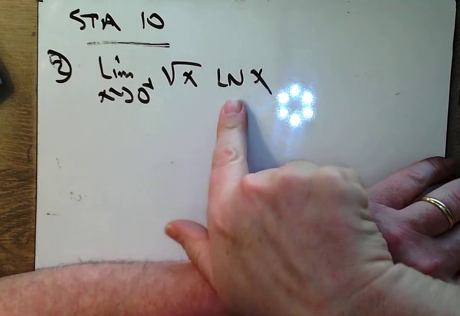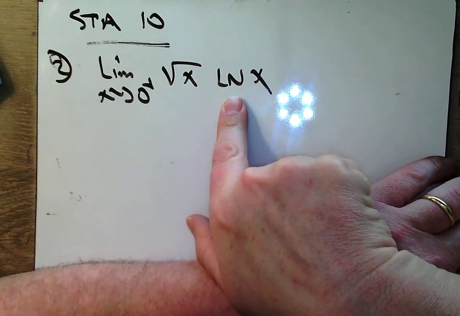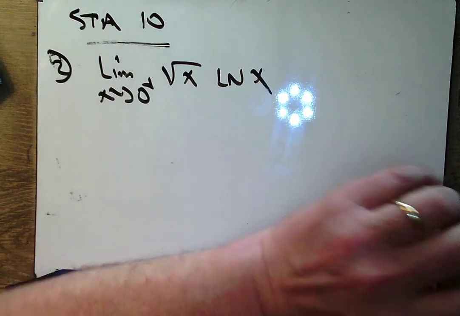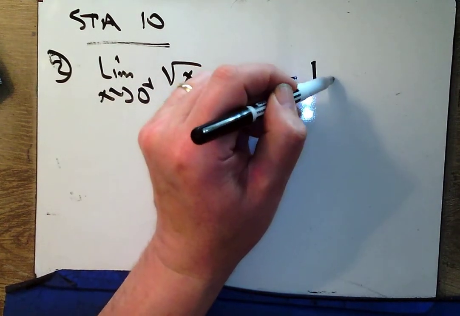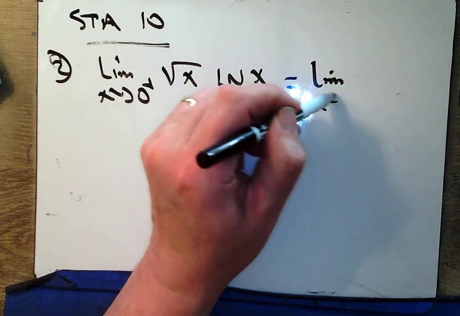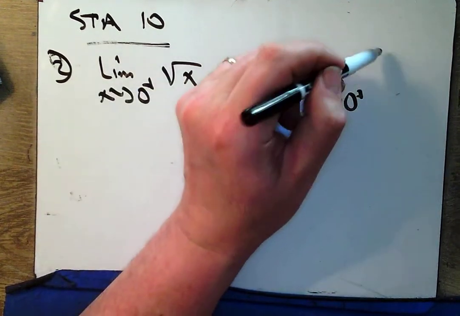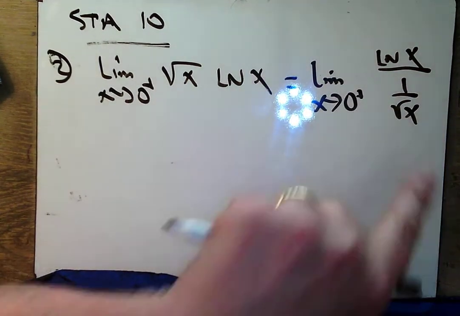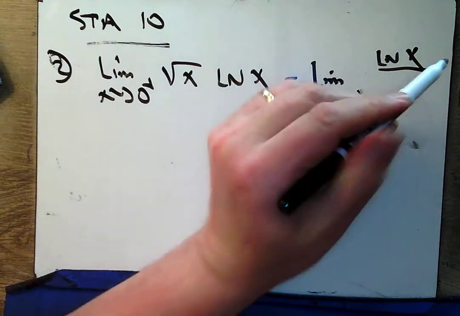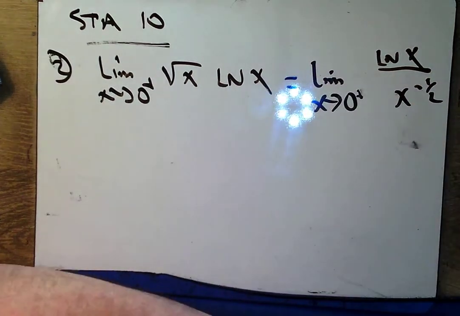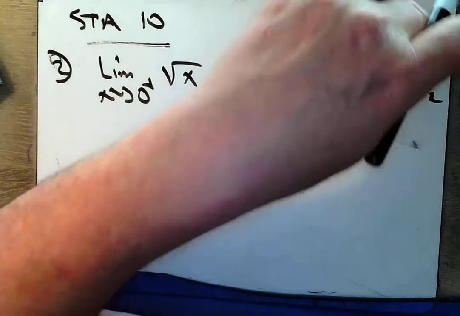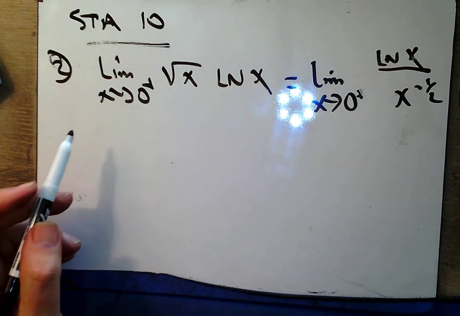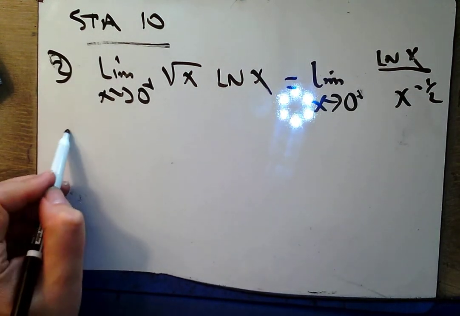And I don't really enjoy throwing that as its reciprocal into the denominator. I think I'd much rather put this upside down in the denominator. But I could be wrong, and I should be ready to pivot and change my point of view. 1 over root x. Okay, so 1 over root x is x to the minus 1/2. And when I plug in my zeros here, I get infinity over infinity. Okay, so let's say then that,